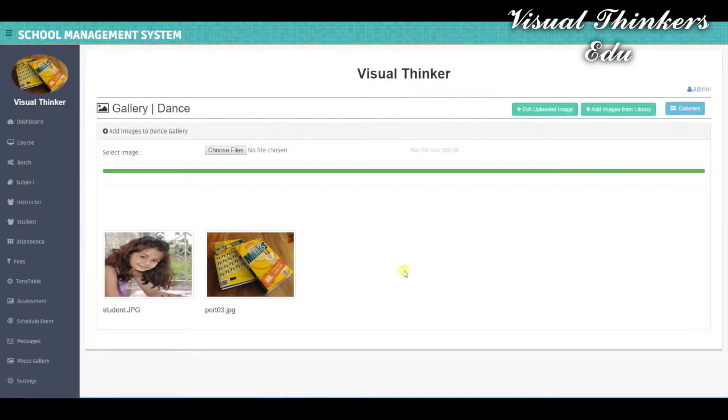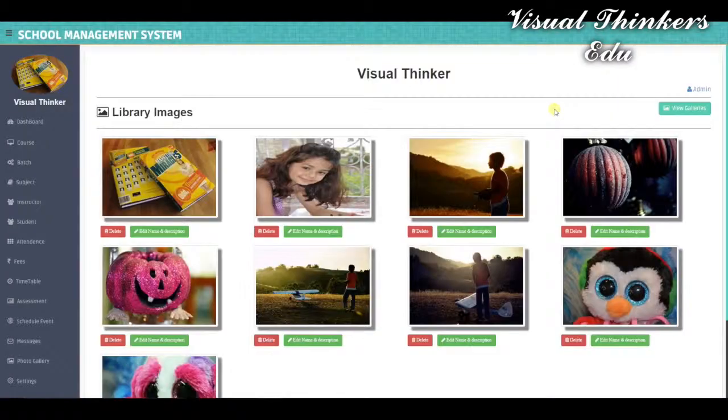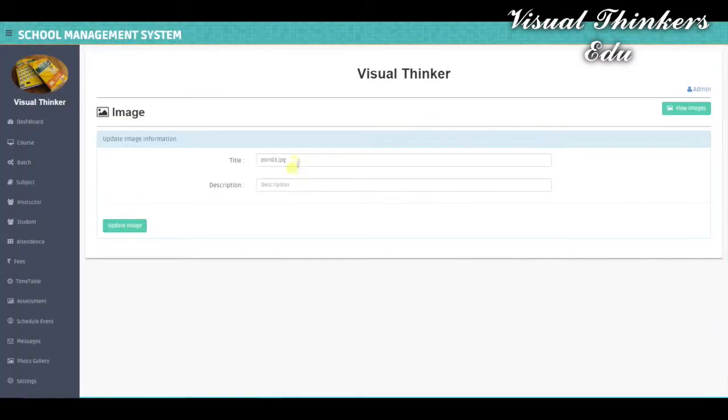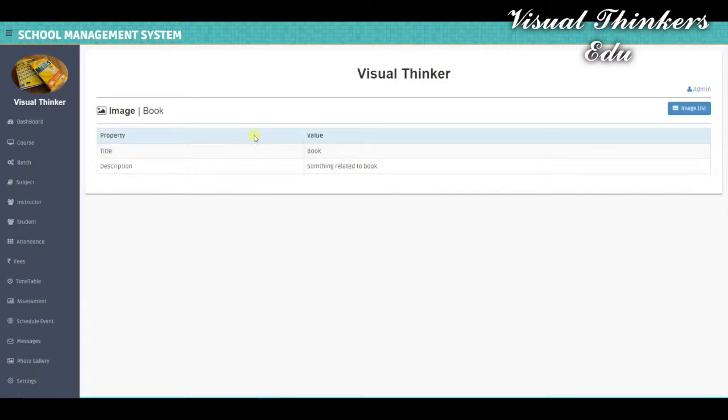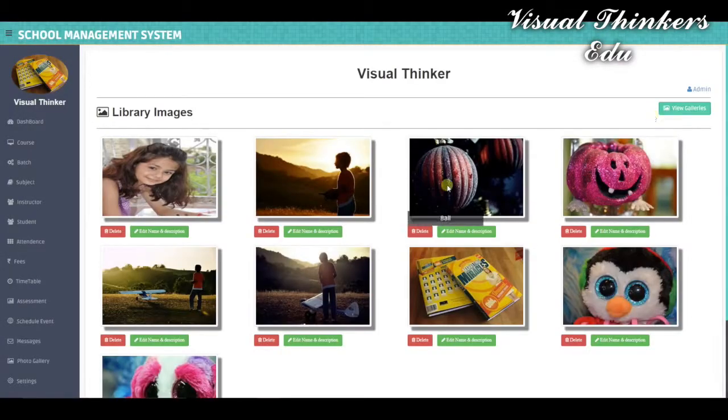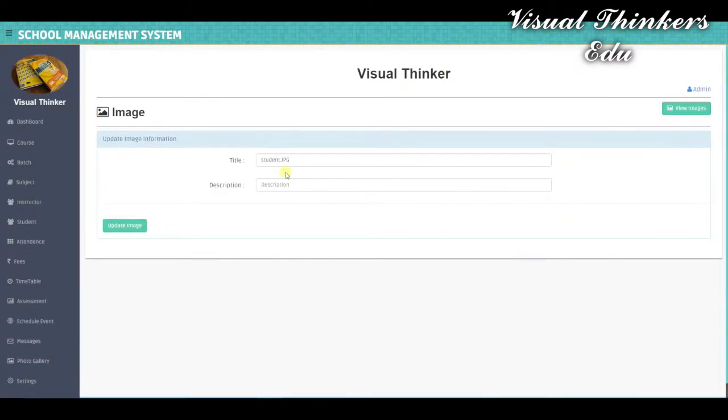So in order to add images to your library, you have to first edit the uploaded images. Now I am editing the name of this image. Again, I am editing the description.